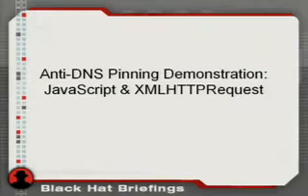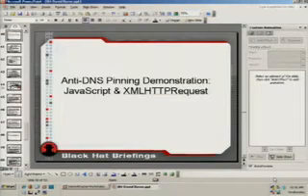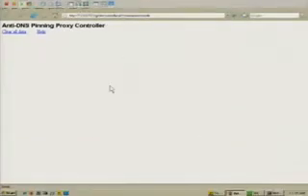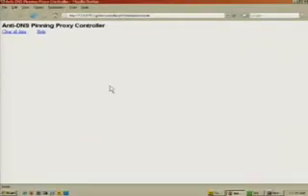So I'm sure that is clear as mud. Let's get started with the demonstration, the first demonstration. All right, this is the attacker's workstation, and this is the victim's workstation. We'll start off by having the victim go to a fictional website,